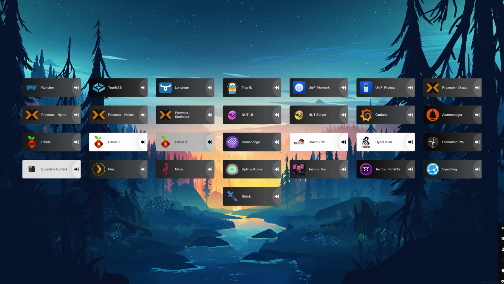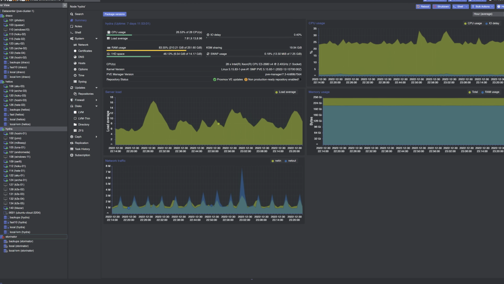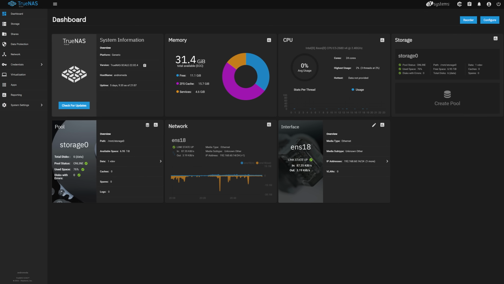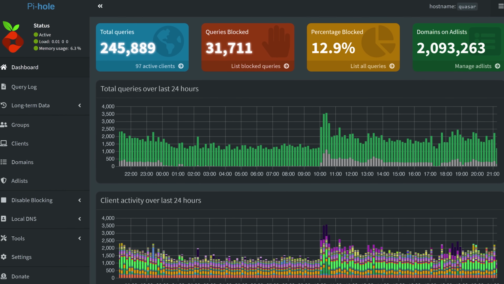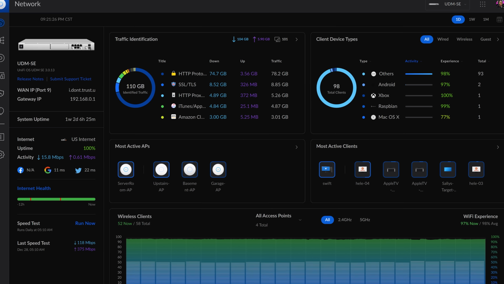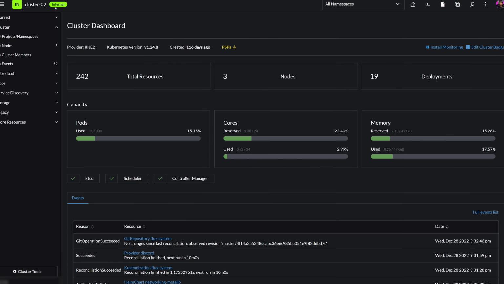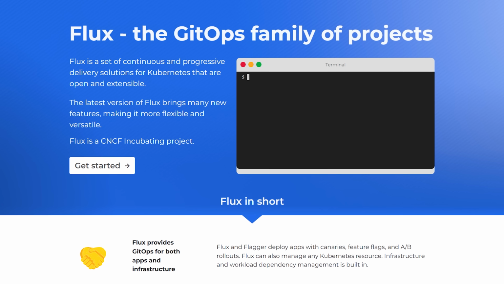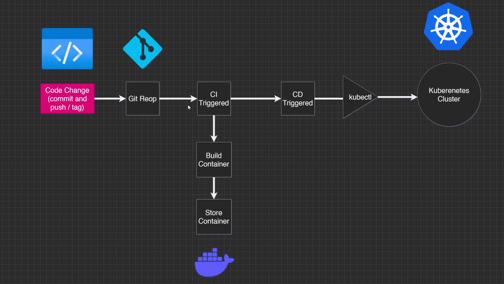It ranges from dashboards with and without data, to hypervisors to run all of my virtual Windows and Linux machines, to an NAS running quite a few storage services, to internal DNS with network-wide ad blocking, to network management from the edge firewall all the way down to VLANs on the switches, to Docker containers that are running inside of multiple Kubernetes clusters, to GitOps so that I can treat my infrastructure as code, to CI and CD to